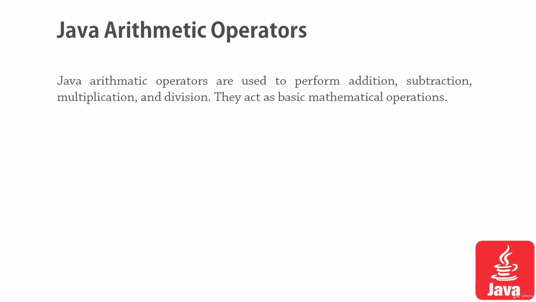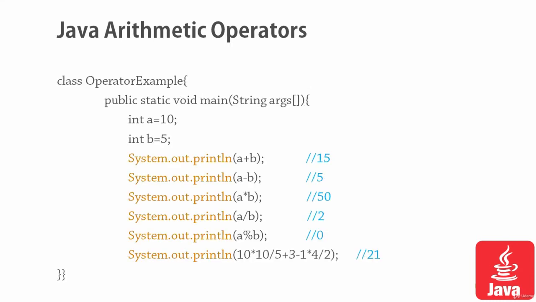there are Java arithmetic operations like addition, subtraction. Here is an example of this. Suppose we have two variables, a and b, a having the value 10 and b having the value 5. If we simply write a plus b, it will add the two variable values. If we write a subtraction symbol, it will display the difference between them. If we write the multiplication asterisk symbol, it will display the multiplication, similarly division, and the modulus that I explained to you.